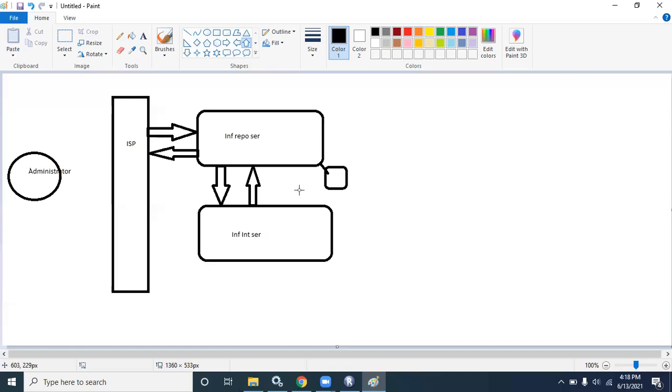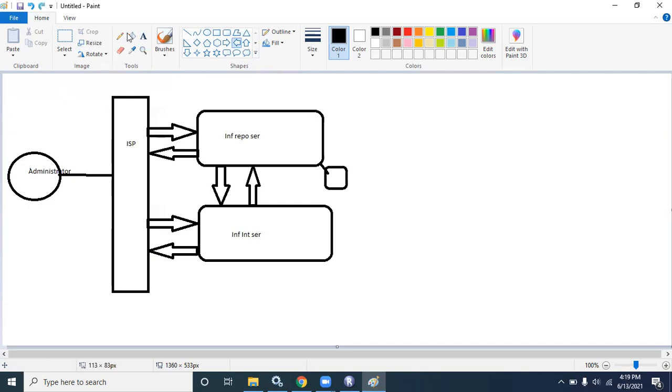Here also it will give the response, take the response, and give the response also. Then this is all about the server part.